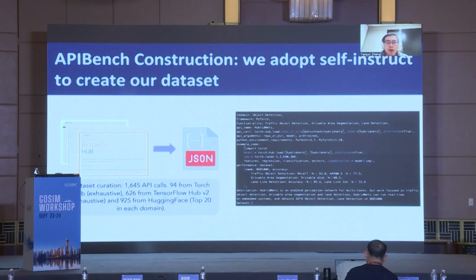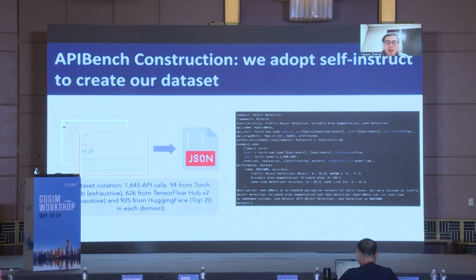And here's our format of collecting those data. Each API call has a domain name, which is object detection, for example, in this case. Framework is PyTorch. Functionality is traffic object detection, drivable area segmentation, etc. Then we have the API name, HybridNets. API call is Torch Hub load. Repo name equals HybridNets, and model equals HybridNets. Pretrained equals true.